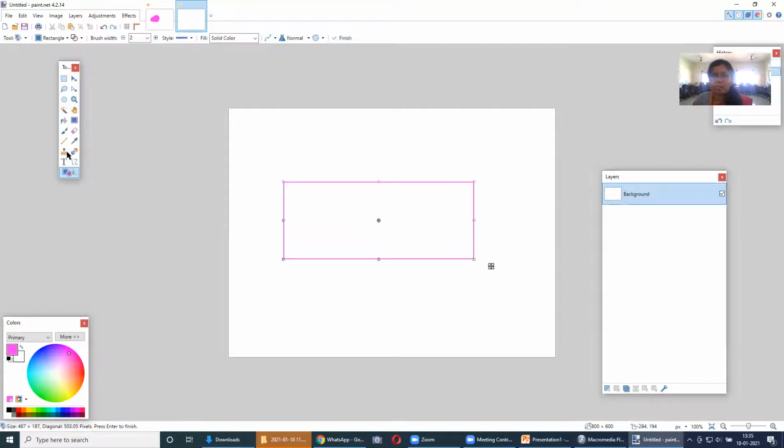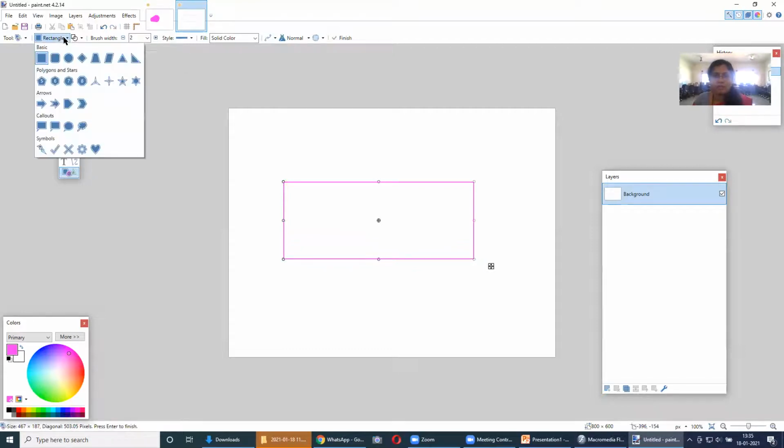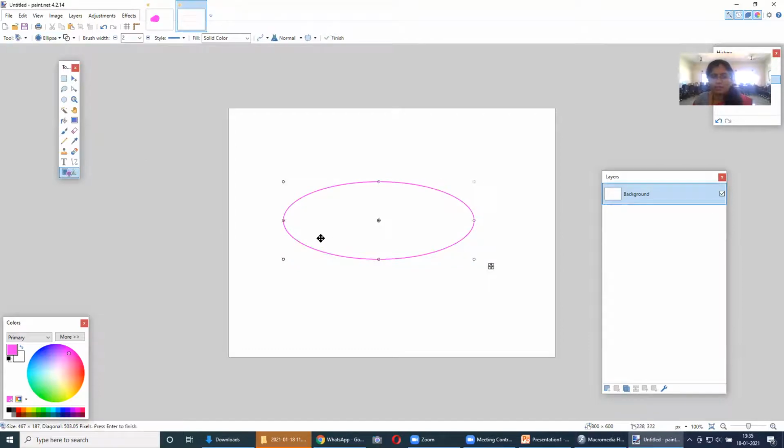Yes, I made this one, and now I'm going to select a circle, and now I'm going to make a circle. I'm taking a circle and I'm going to make a circle over here, copy paste.